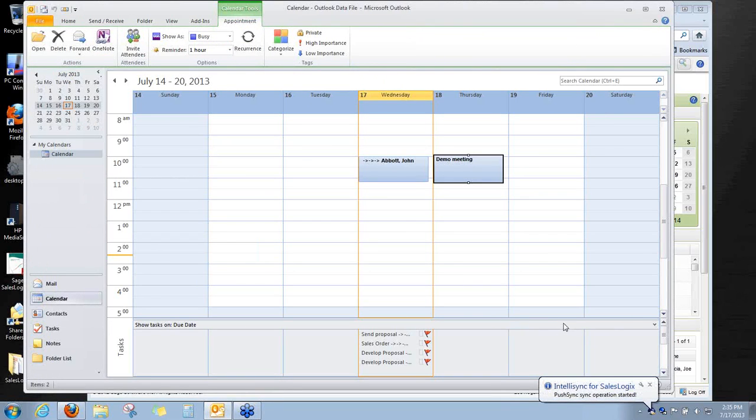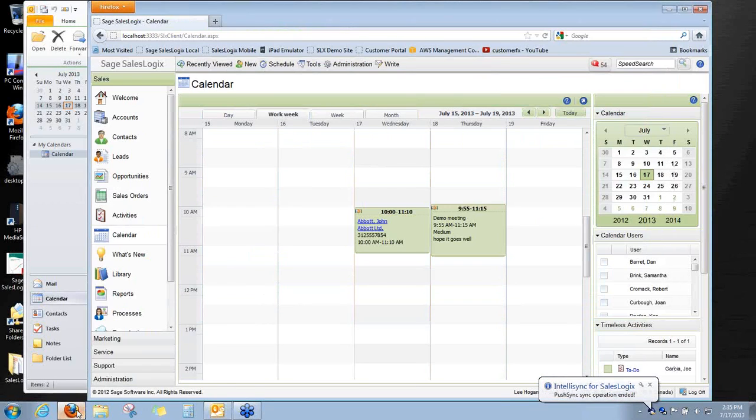Now the push sync started. I didn't have to do it because it's a push sync. And then that is going to update that activity. And then now finally,